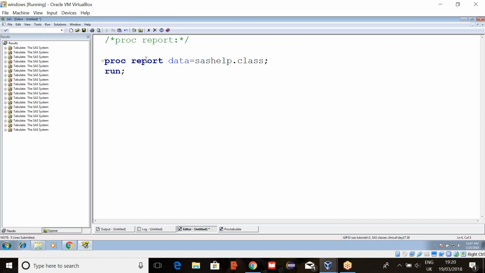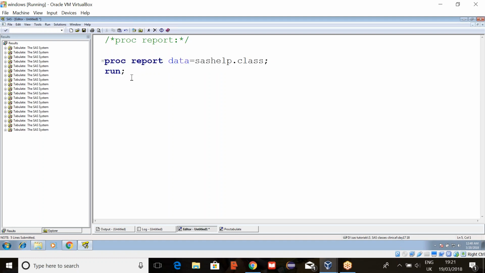Just like proc print, if you use proc report and run this. See, using any statistical procedure, are you able to create new variables? No. But here in proc report, we can create new variables, apply titles, apply footnotes, apply formats, rename the variable names, and adjust the width.